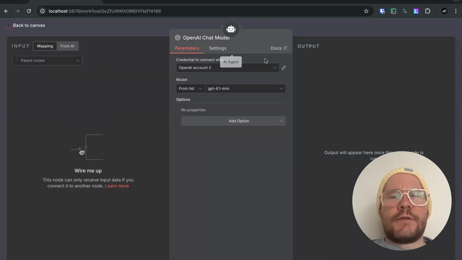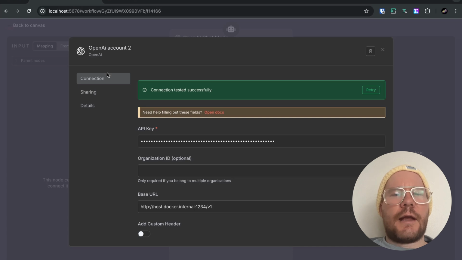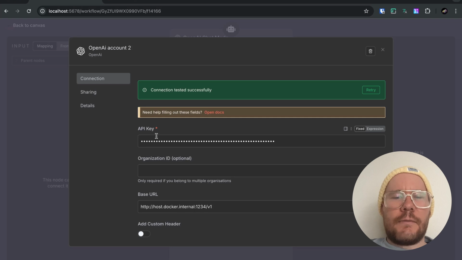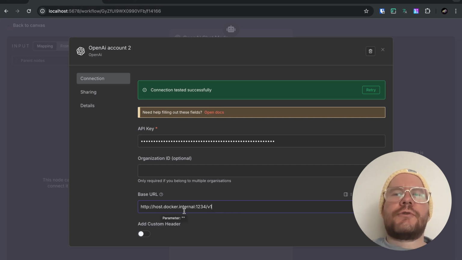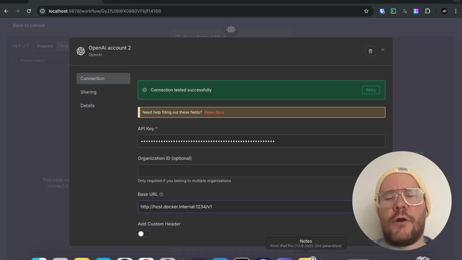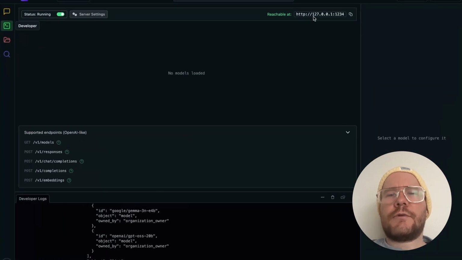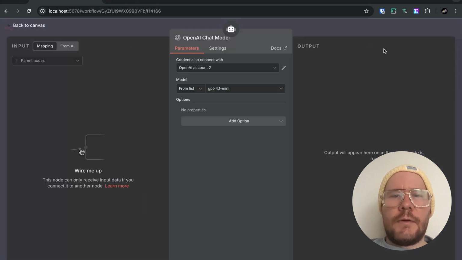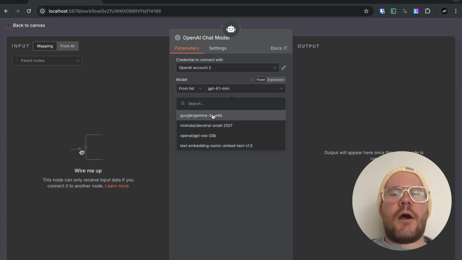So in the OpenAI chat model, you'll create a connection, and all you need to do is put in any key, just a fake key in here, and then for the URL you'll paste host.docker.internal:1234/v1. And this is because, since we're using Docker, we have to use host.docker.internal instead of the URL that LM Studio gave us, which is 127.0.0.1. So this connected successfully, and in this model list you'll see the models that you downloaded